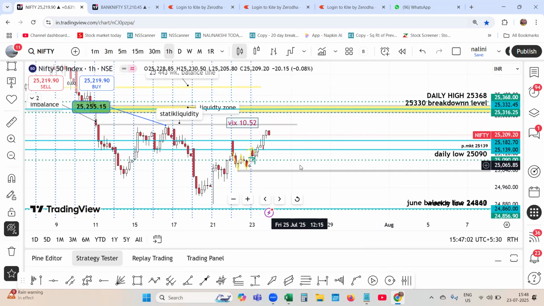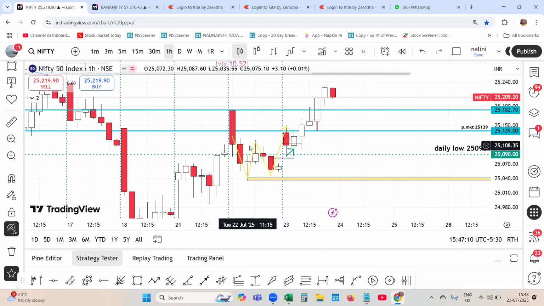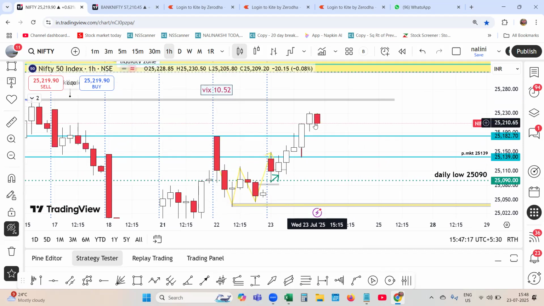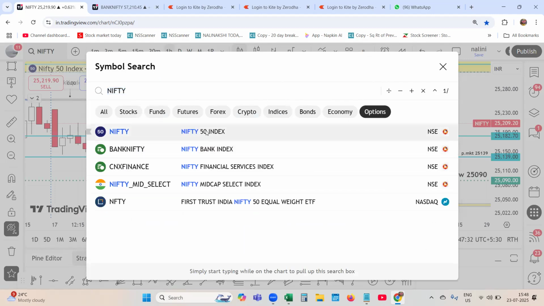Now, that is what I have analyzed. And if you had analyzed today's price action properly and completely, you would have taken a very good position in the call option and you could have made a lot of money. Actually, the 25,200 call option, no, the 25,000 call option. Let me check. Let me go back.